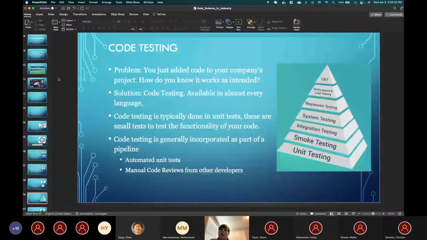In industry, you often have code that's written at one point, and then you continue to reuse that code because a lot of things end up being very similar. Whereas in research, there's not a ton of replicating work across different projects. It definitely depends on the project, but where code testing comes in is when I'm replicating across other projects, I need to make sure that it always works as I intend. So what I will end up doing is I will take my code and do tests on it, for example testing inputs and outputs, and testing that the types are correct.